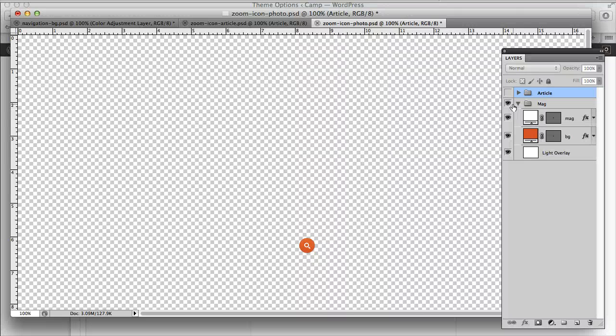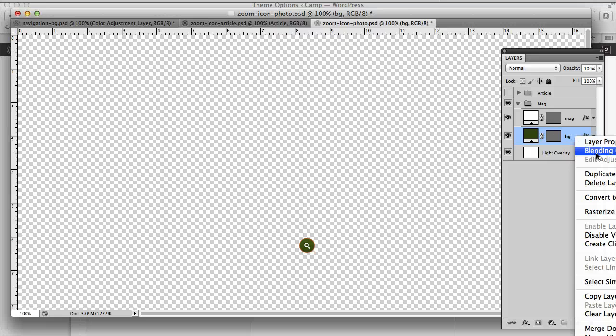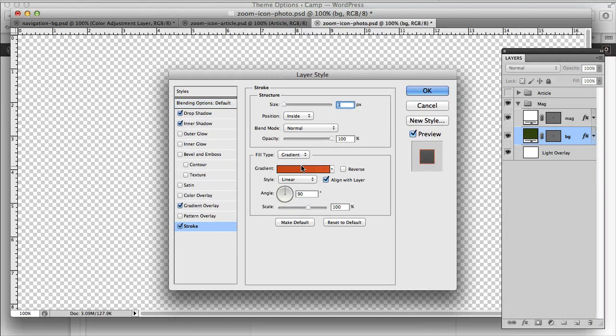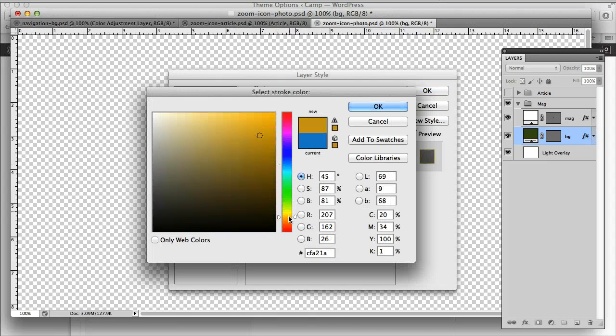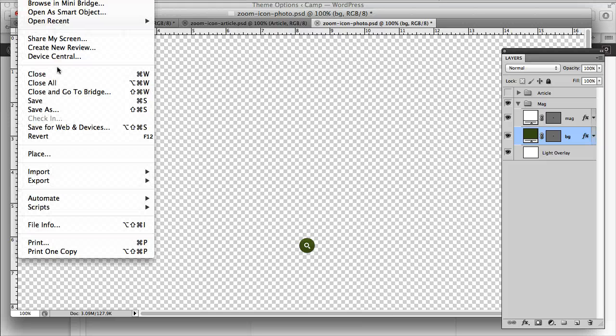If you open up the folder, there's a bunch of color options. You can just click on them. Let's go ahead and make this a green color. And then we have to edit the border. I just clicked blending options and stroke. And let's pick a color. Let's do a green again. So that's how you get a green icon. Let's go ahead and save it